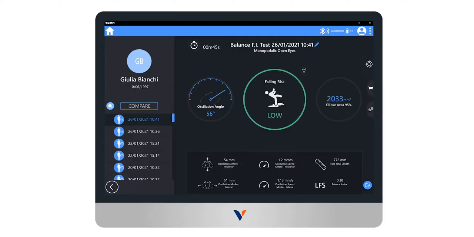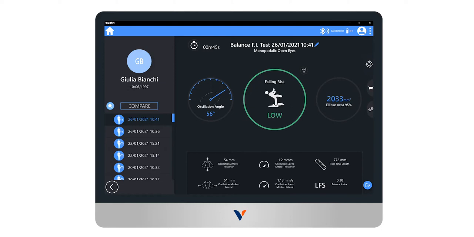The Balance Test Report Fall Index is intended to provide a reliable tool for measuring the risk of falling while maintaining an orthostatic posture. The risk of falling is a complex event that must be evaluated in a multifactorial way. One of the factors associated with the risk of falling is impaired motor control. In this context, it is essential to evaluate the ability of the subject to maintain balance in a single stance